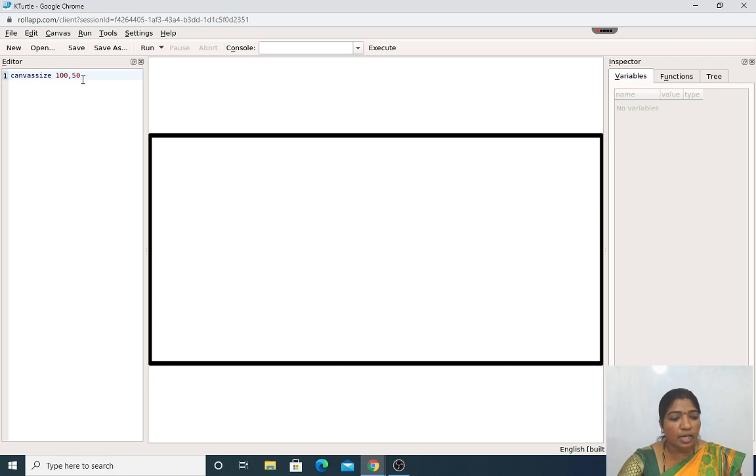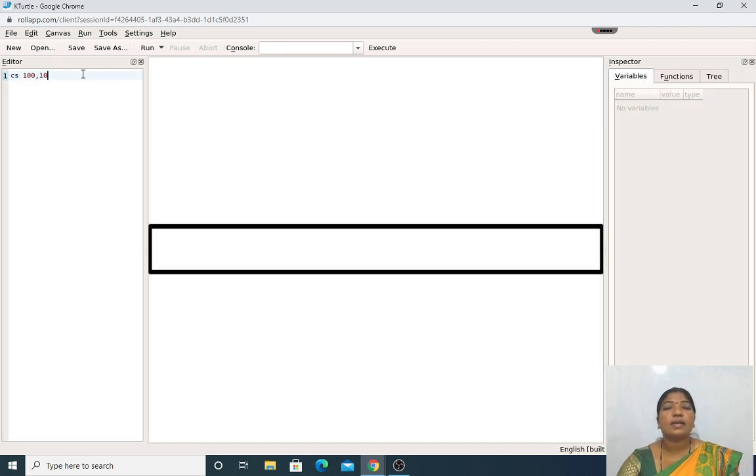This is all about the canvas size. If I am making use of canvas size, that is 100 comma 10, again I'll press the F5 button to run it. Again it has changed the width to 100 and height to 10. This is all about the canvas size. This completes your 5th chapter. Thank you.